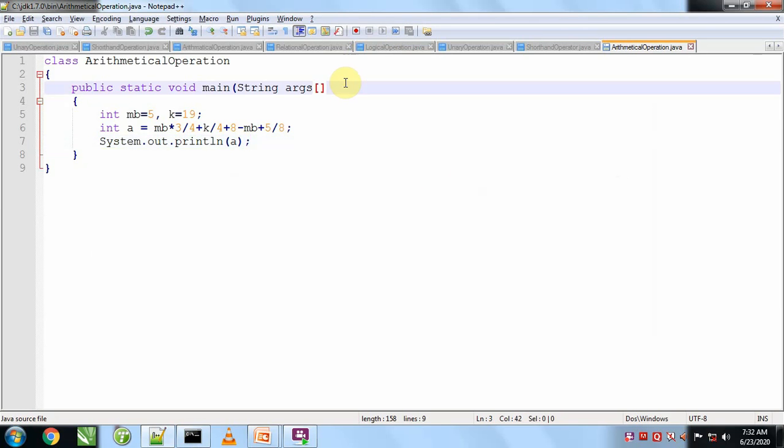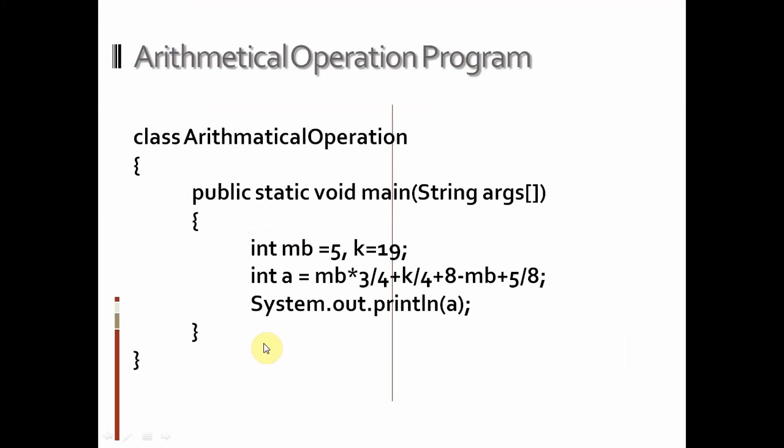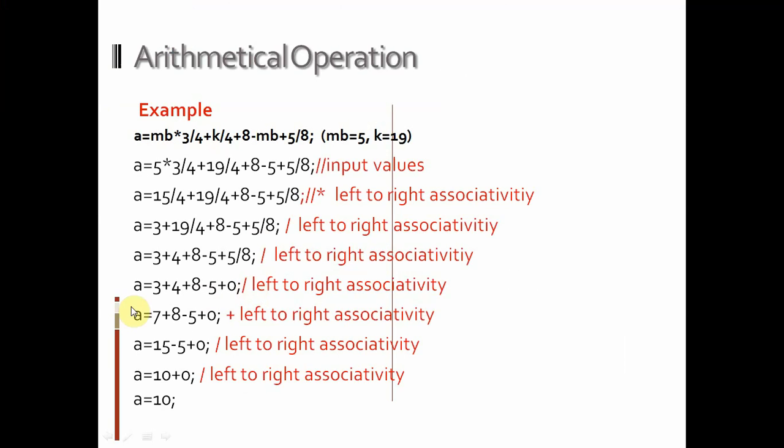We have to close this bracket. We can look here, the answer is 10, and there also the answer is 10.